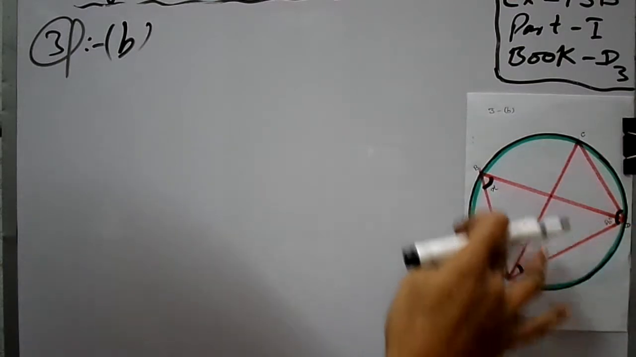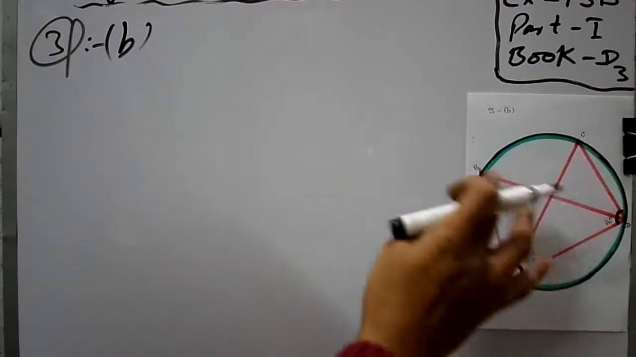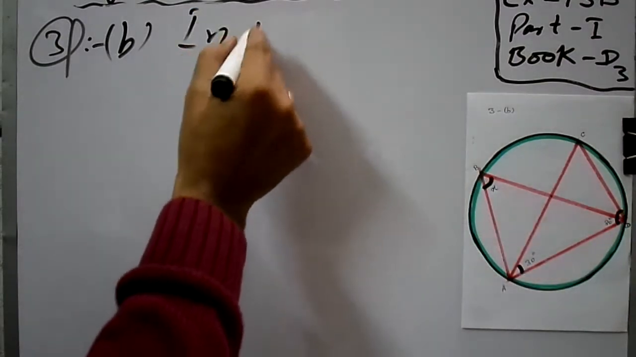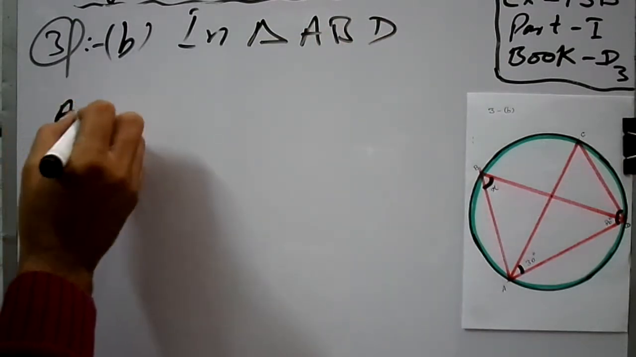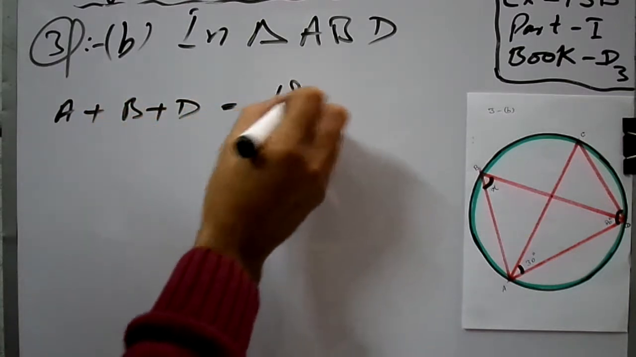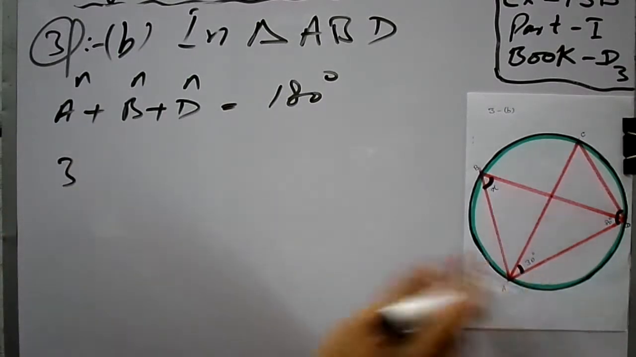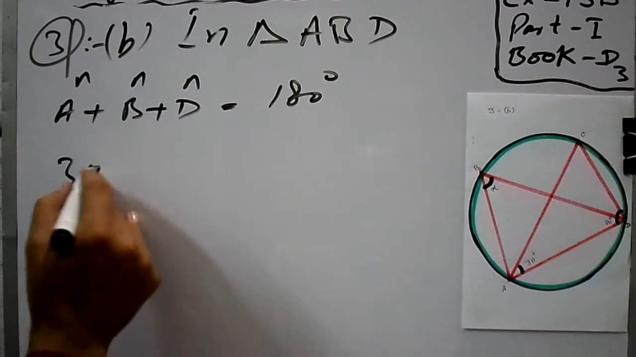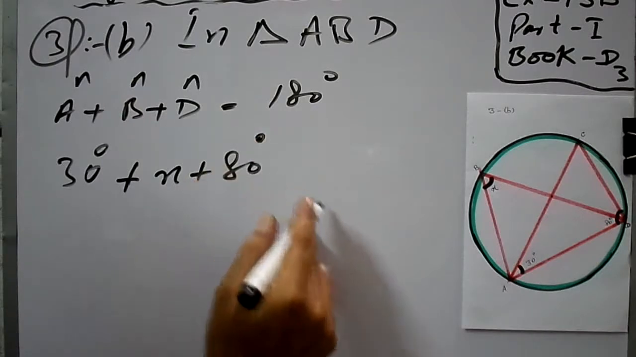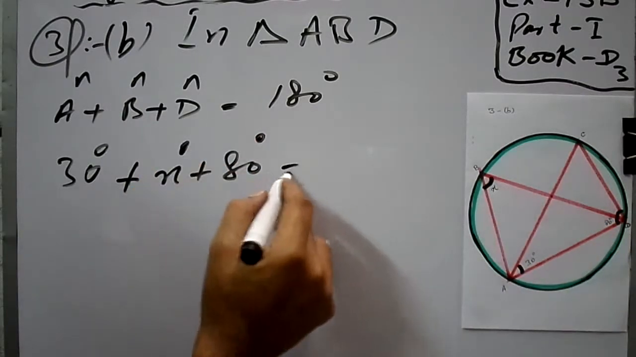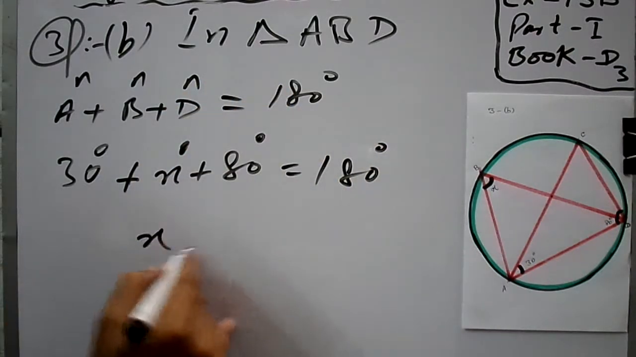So if we take this triangle, I can take triangle ABD. In this triangle we can say that angle A plus angle B plus angle D must be equal to 180 degrees. So putting in the values, here angle A is 30, plus x, plus 80, here is 80, so here is x degree, is equal to 180 degrees. So we can say that it is 180. So the value of x is